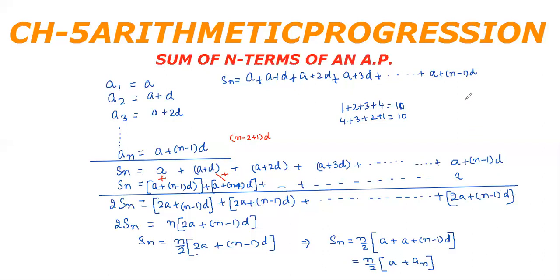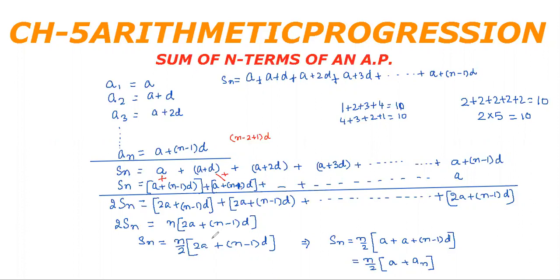If you want to add 2 five times, 2 plus 2 plus 2 plus 2 plus 2, this will give you 10. Or you may do it like this: 2 is added 5 times, so I'm multiplying it by 5 and you will get the same. So if you have this bracket n times and you are adding them all, one shortcut of adding is to multiply this bracket by the number of times it is appearing. It is appearing n times, therefore n multiplied by this.